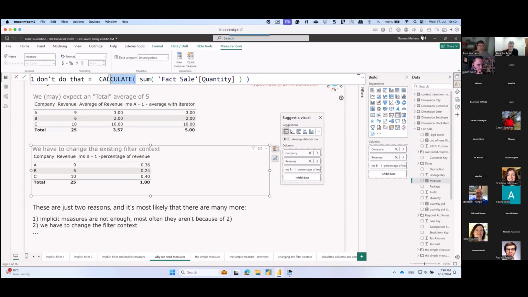I call these types of measures base measures. Because implicit measures cannot be used with the field parameter function and also not with calculation groups, it's always a good idea and best practice to use explicit measures. But don't waste a CALCULATE if there is no filter changing or no filter modifier. The reason can be a little bit,